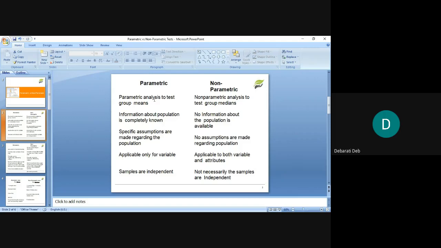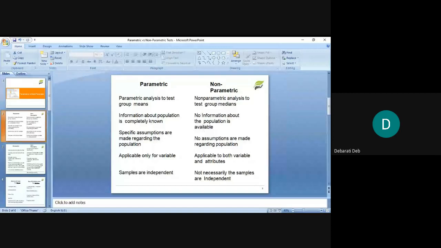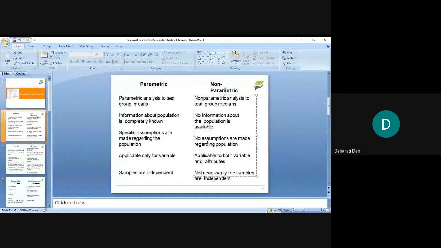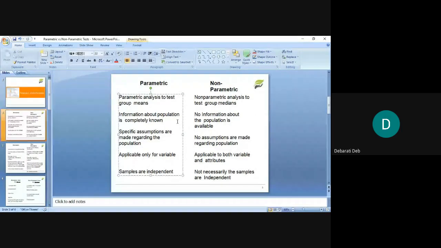Again, the example of farming: you cannot assume. On what basis will you assume that this house looks beautiful, and thus this house is going to have farming like that? It's not possible to assume, isn't it? So in a non-parametric test, where you will not have any information regarding the population, you also cannot assume anything